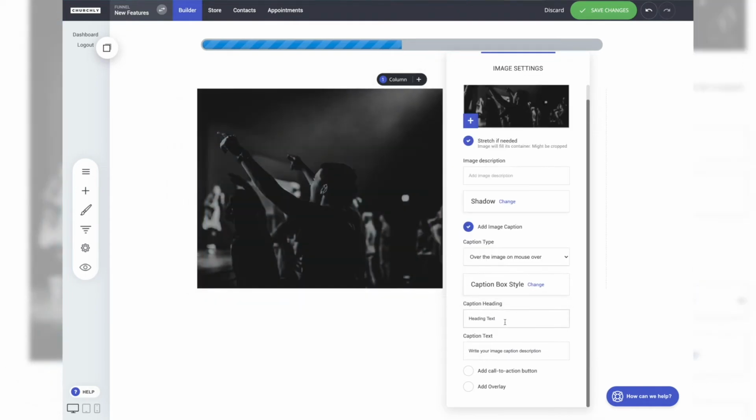Here's the heading text. You could say, my cool heading, or night of worship. Let's do that. Let's do something real. Enjoy a night in the presence. Let's spell it right. Of the Lord. Okay. You can also add a call to action,